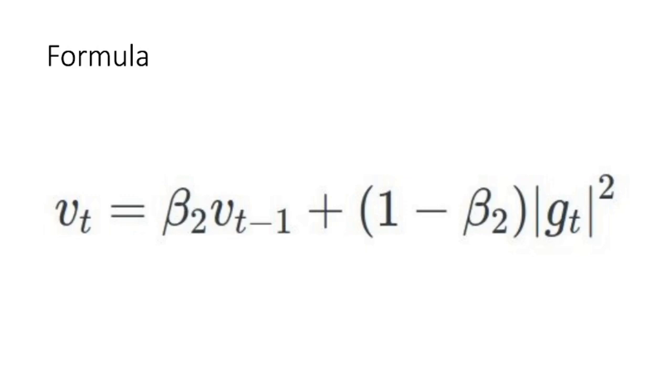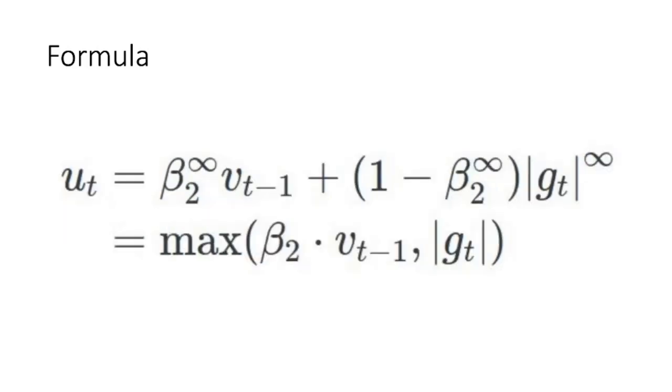So this formula over here will scale the gradient inversely proportional to the L2 norm of the past gradient and the current gradient, meaning as this scale factor goes up, the gradient magnitude will go down. So AdaMax modifies the L2 norm to be an L infinity norm, which when derived converges to the following formula below. If you want to look at the derivation, you can check the paper that I've put in the reference